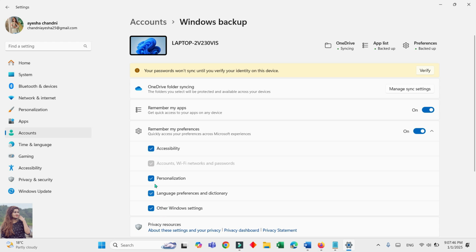Here the marking has been automatically marked, or if I try this, this can happen. So when I turn it off, this thing becomes invisible. See, the thing has become invisible. So when I turn it on, see, the thing becomes visible. So in this way I can turn off Remember My